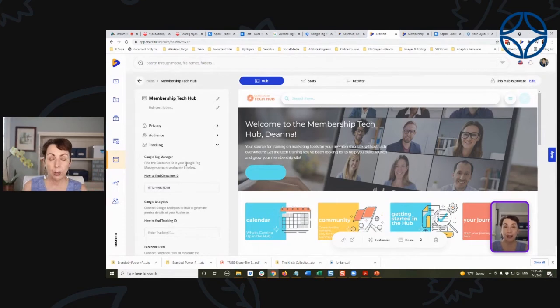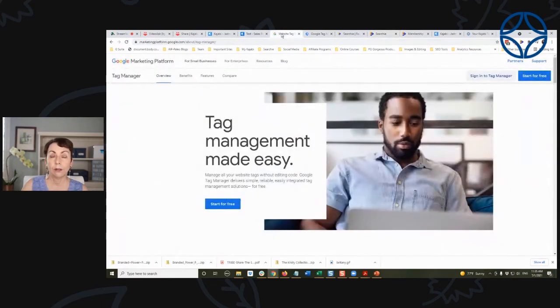I'm going to try and break it down as simple as possible, starting with what in the world is Google Tag Manager. It's a way that you can put code on this Google Tag Manager and have it reflect on your site without embedding the code on the site. So Google kind of becomes a container to hold the code for your website.